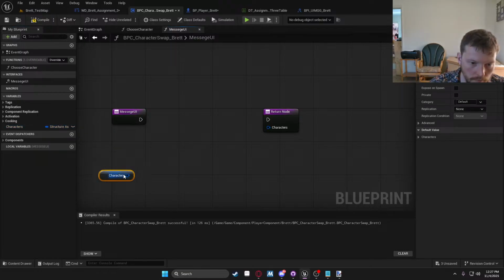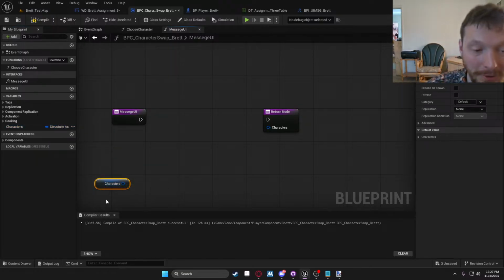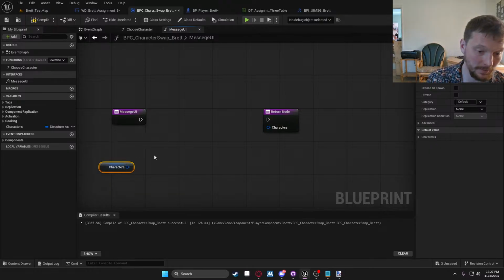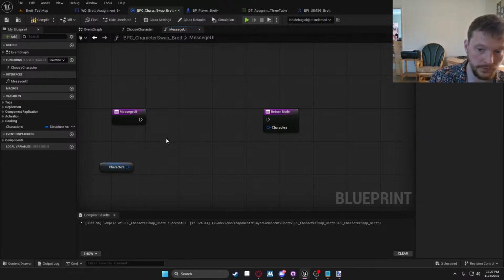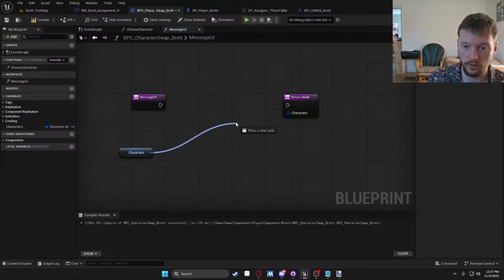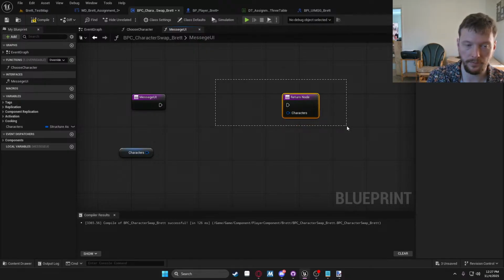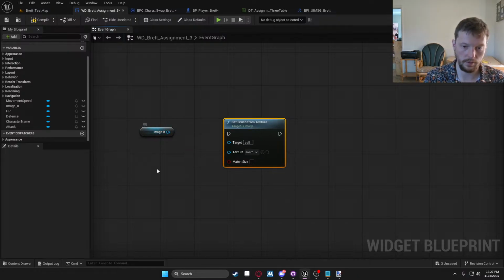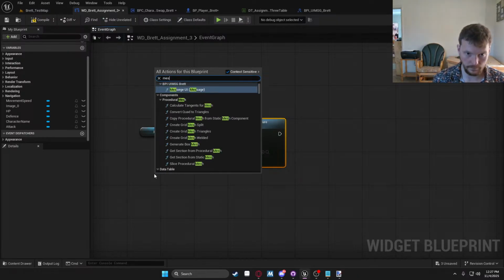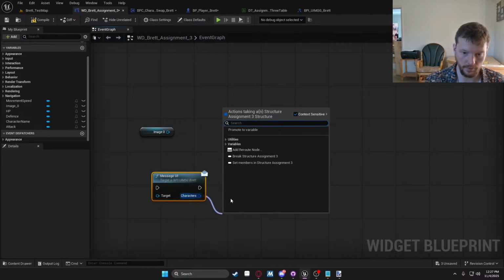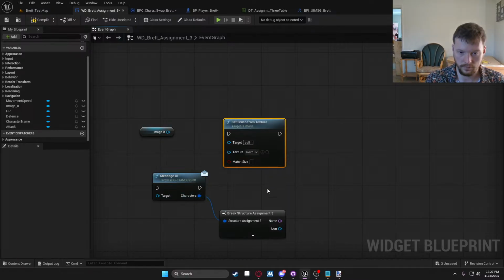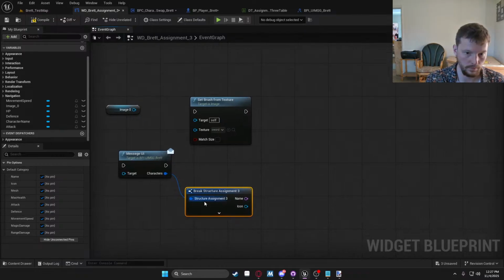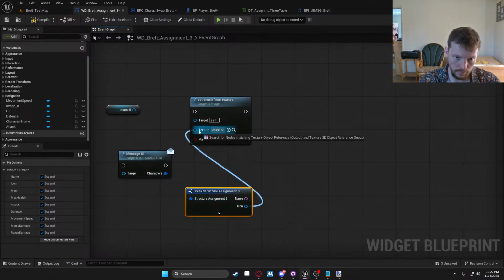If you can't tell, I don't know Unreal Engine very well, so don't expect this to be any type of tutorial. This is just me trying to figure out how to go from, hey, initialize our character, allow that information to be able to be grabbed for this. Because from here, kind of want it like,